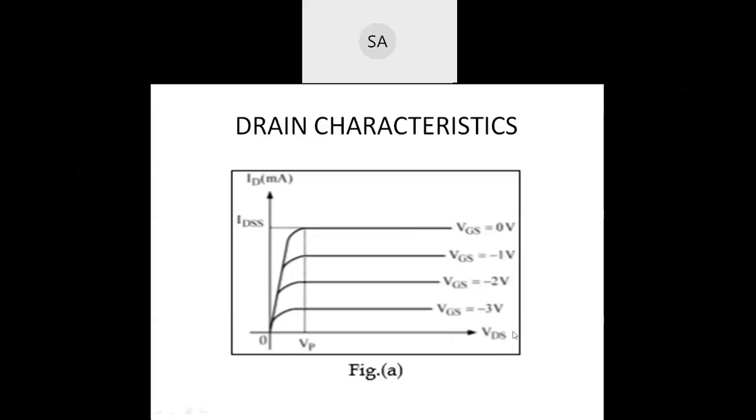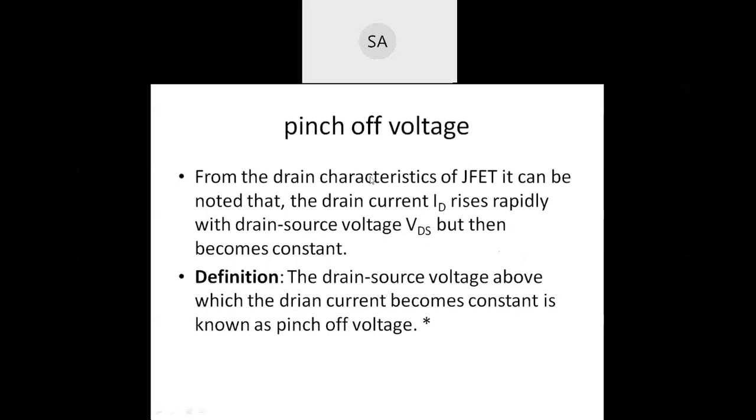After the saturation region, if we again increase the drain to source voltage, there will be a sudden breakdown of the junctions. Avalanche breakdown occurs, and there is rapid movement of majority charge carriers, so there is a rapid increase in the current. That region we call the breakdown region. These are the topics we covered in the last lecture.